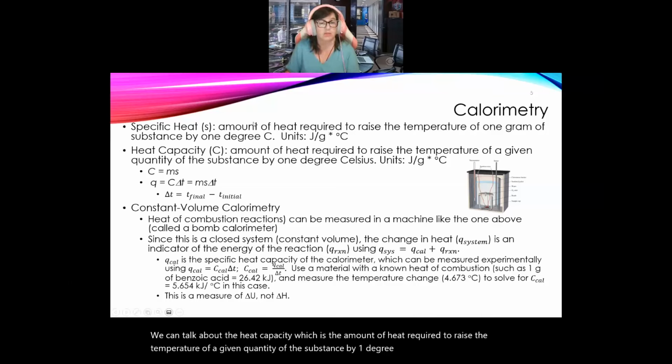So if we want to talk about 1 gram, that's specific heat. If we want to talk about any other quantity, that's the heat capacity. We can talk about constant volume calorimetry. That's the heat of combustion reactions that we can look at, which can be measured in a machine like the one above, which is called a bomb calorimeter. Since it is a closed system,